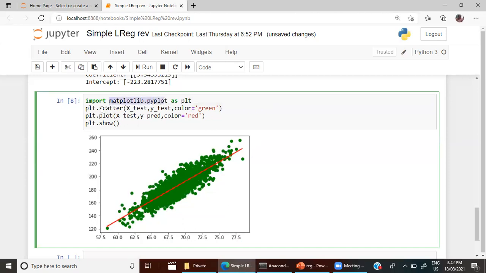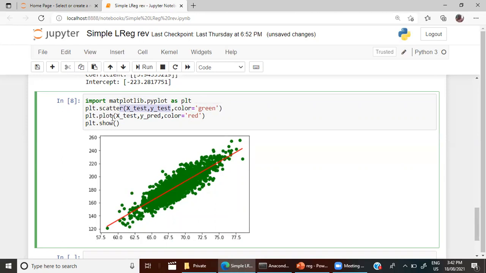From this, we are getting the scatter plots. If you write plt.scatter, you should mention what you have to scatter, then x_test, y_test. The test values should be scattered, and then color is equal to green. I've given green, it's optional, you can give any color.